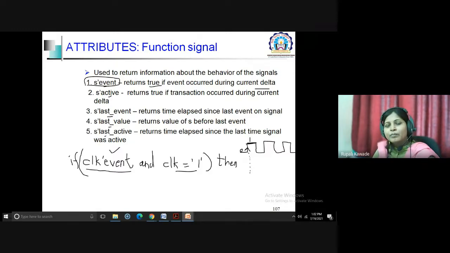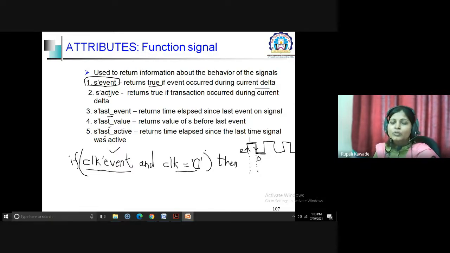Depending upon your triggering, we need to detect either the positive edge or the negative edge of the particular signal. Simply, if we change this 1 to 0, it means the event occurred and the value changed to 0. Then we can say this is your falling edge, or we can also call it a negative edge. So this is the way we detect the clock edges,